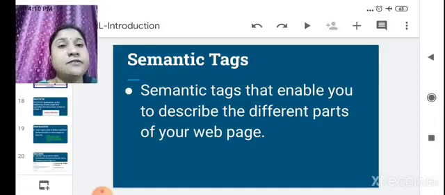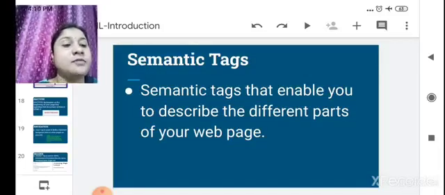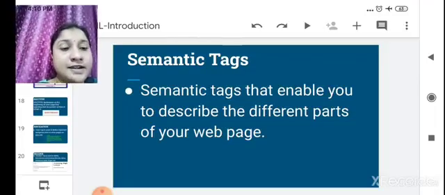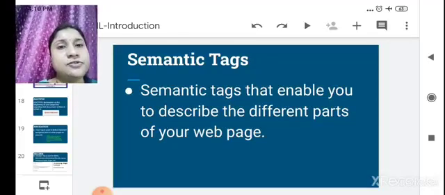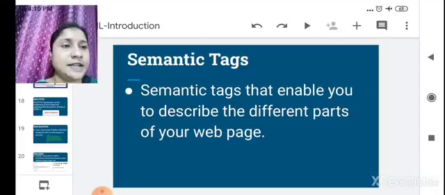Meaning, in each tag we write some text, and the meaning of that content should be understood by the browser. For this purpose semantic tags are used, to help the browser understand the meaning of the content instead of just displaying it.